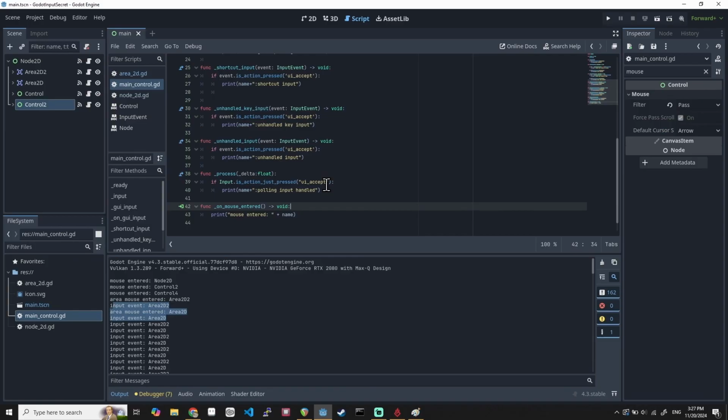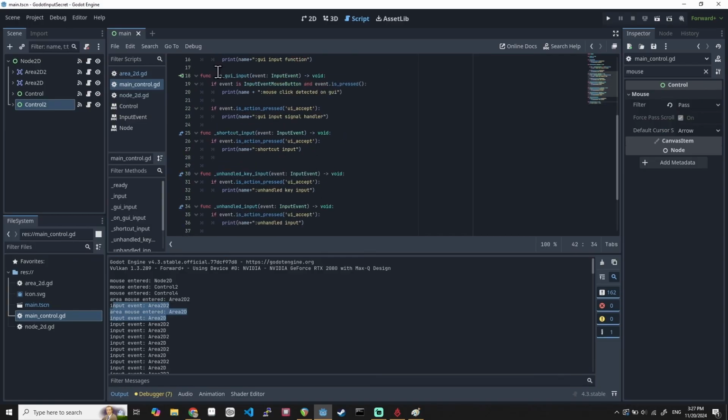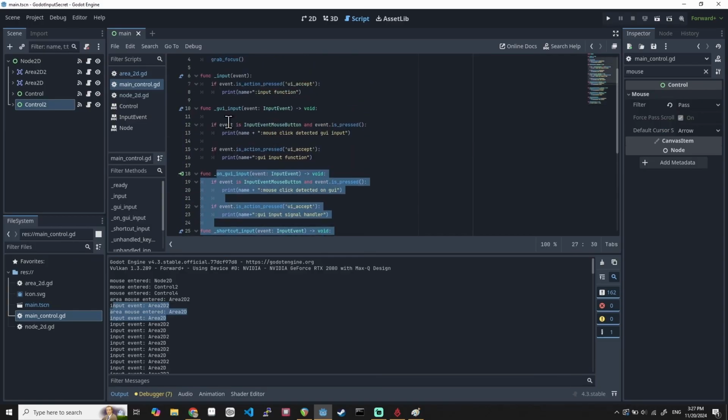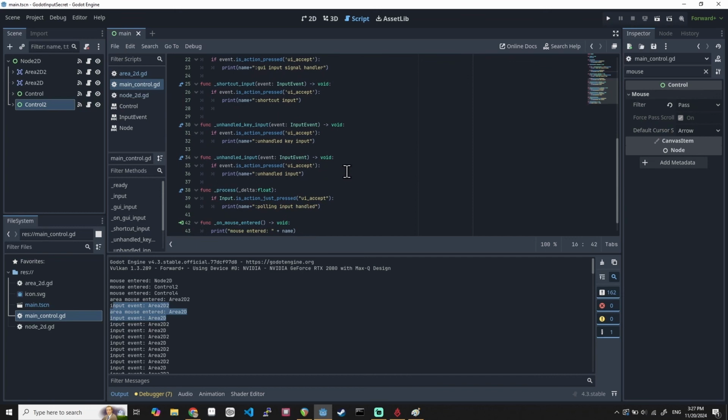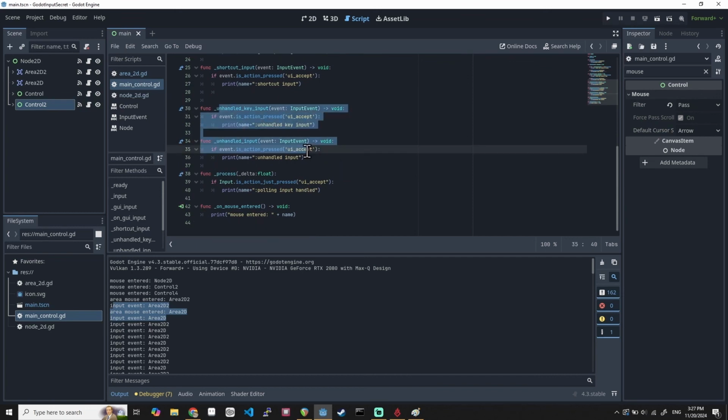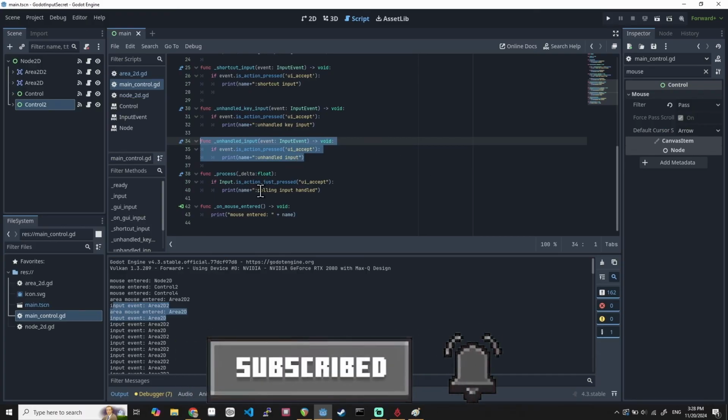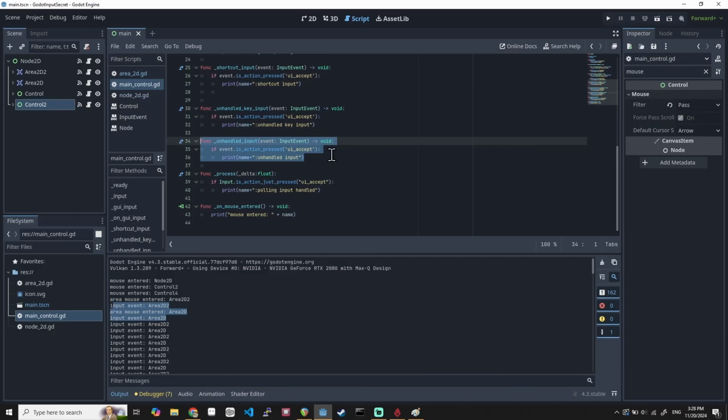But you do have to be very aware of what you need to do. And all these other input comes in handy to be like, well, it logically makes sense that you would want to handle the GUI elements input first before going for unhandled. But then I know there's a lot of tutorial out there that's like, well, if you're doing the movement, you only want to do the unhandled inputs if you are doing the action commands, right? But that doesn't make sense, right? From the experiment that we just ran,